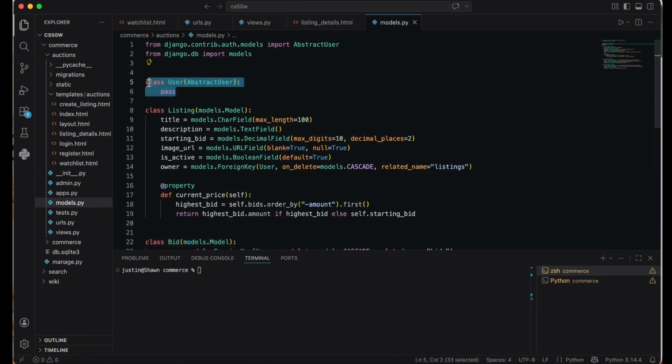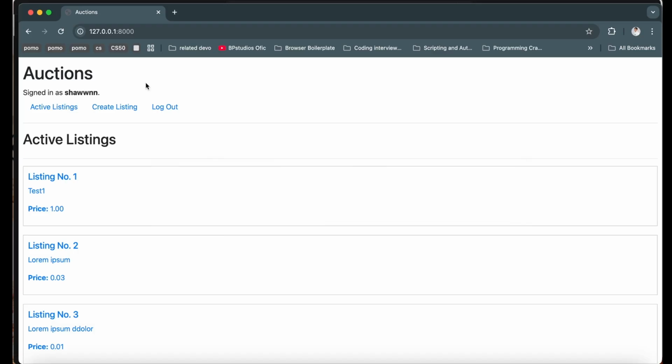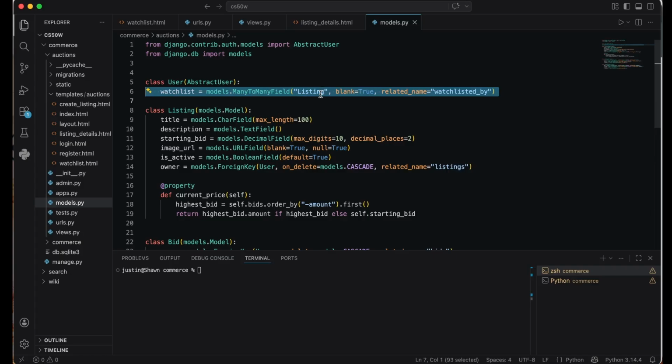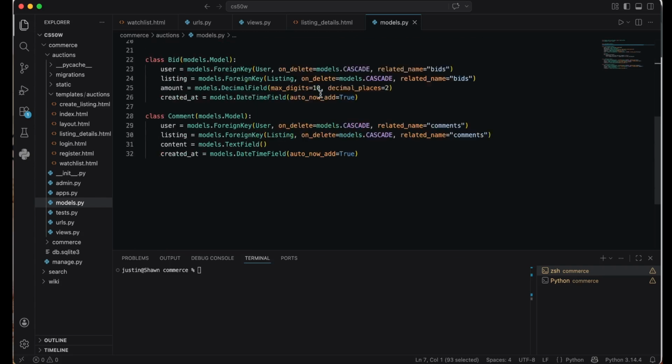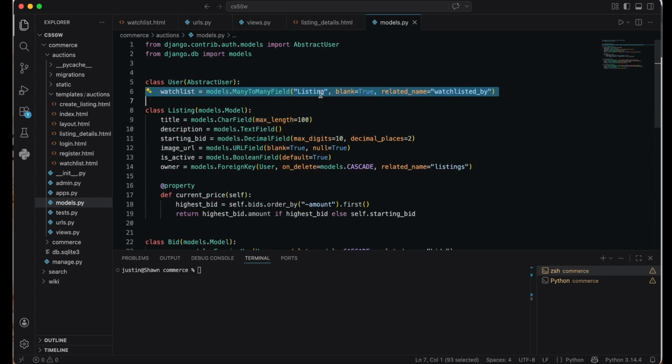So first, we're gonna add in our models a relationship between the user and listings as a many to many relationship. By default, Django automatically creates the user table for you. So in the original we didn't create a user table because it's already created by Django.